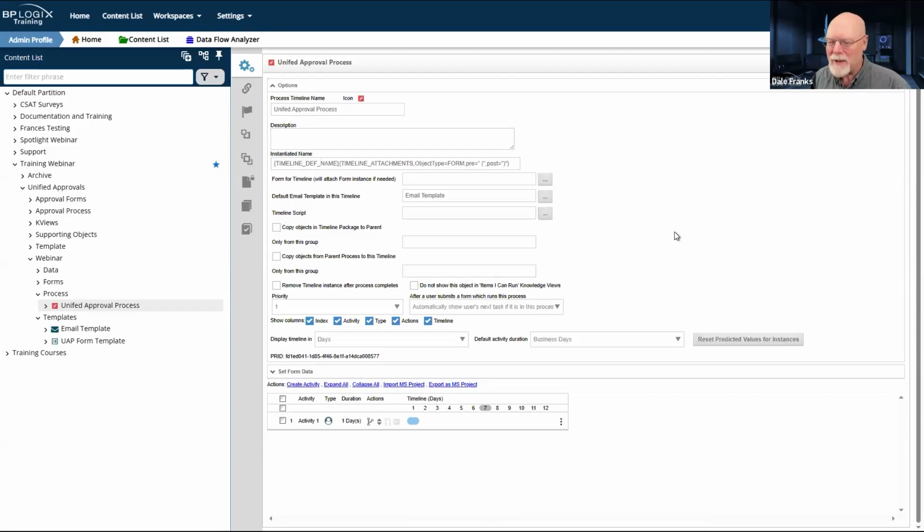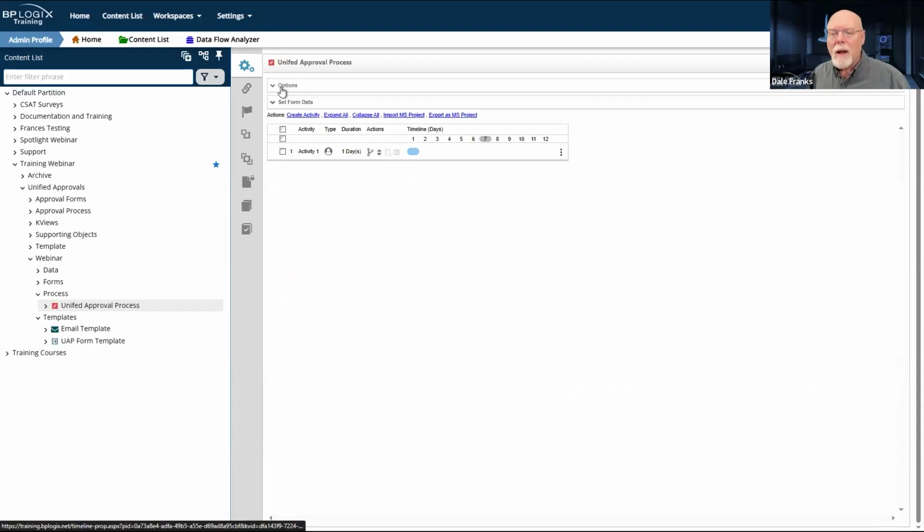Other than that, I'm not going to make any configuration changes inside the options section. I'm just going to set the default email template. And as I said, we're going to leave the form for timeline alone because we don't know what form we're going to use. Now, because we don't know what form we're going to use, that's going to require an extensive use of system variables.